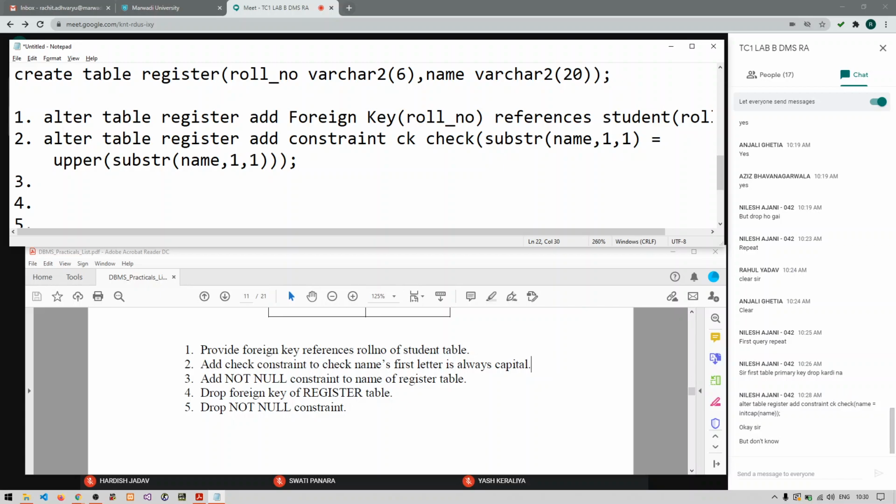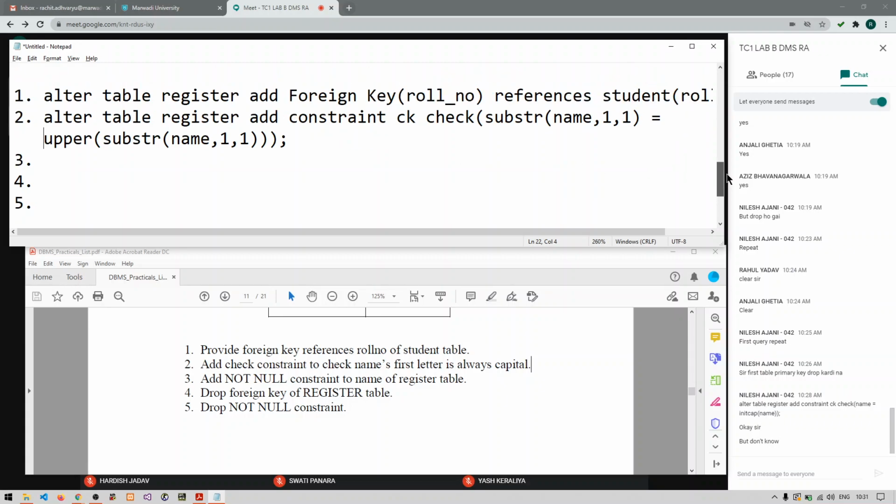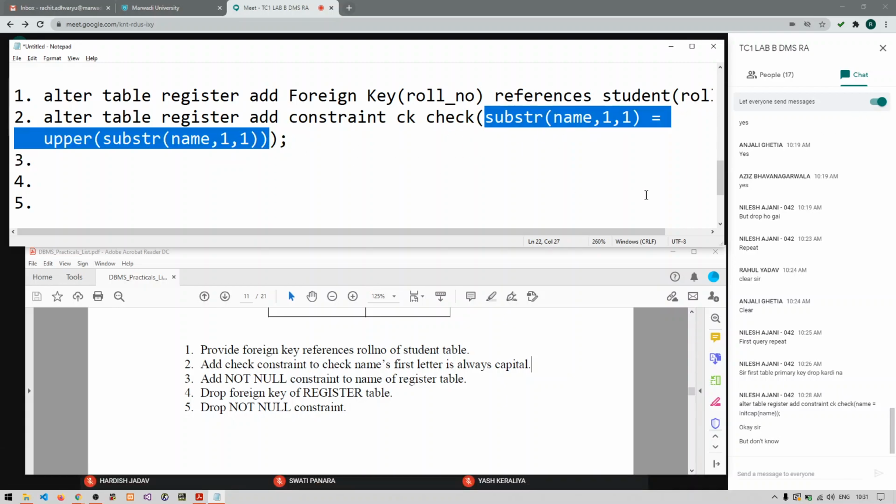Now someone can try to explain this one to me. I have given you the right answer. Now you need to try to give me the explanation of this. Just read the query one by one, all these things, and try to explain the query. The first part of the query is okay, that you know how to add a constraint and provide the name. Only give me the answer of this. Try to explain this part, the highlighted one.